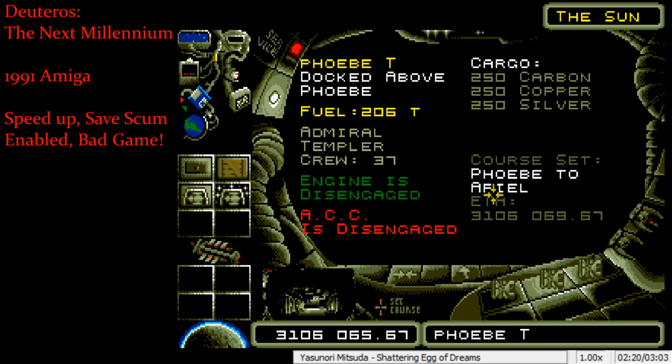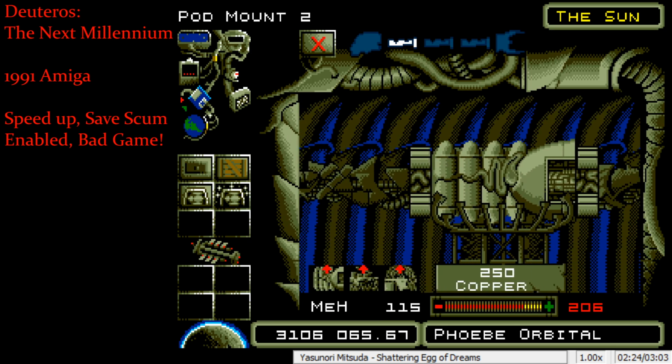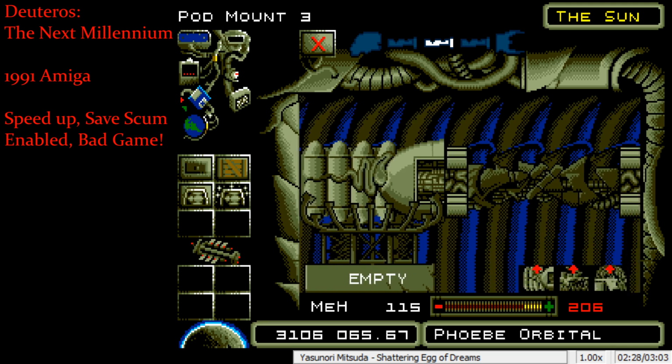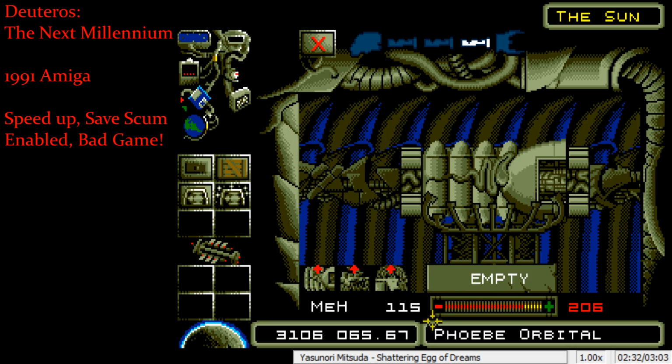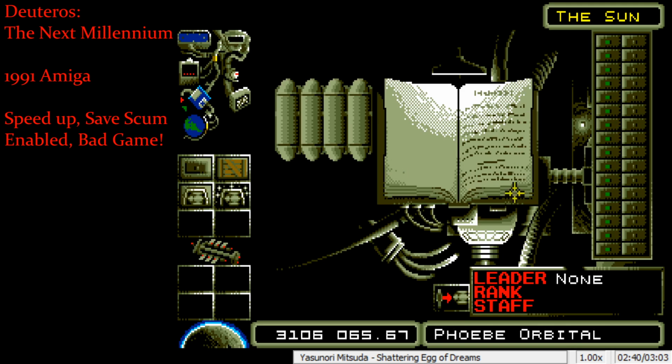So, Phoebe is on Phoebe. We need to drop stuff off. No, just leave it, please. Imagine if the game was going at a quarter speed or whatever it normally goes at. Just imagine. Okay, now you can leave. That was Phoebe. Which has enough...